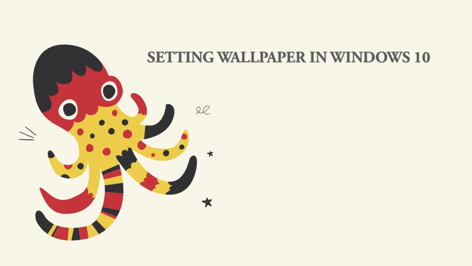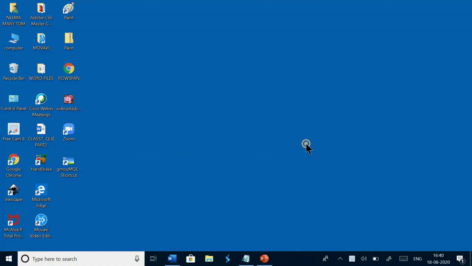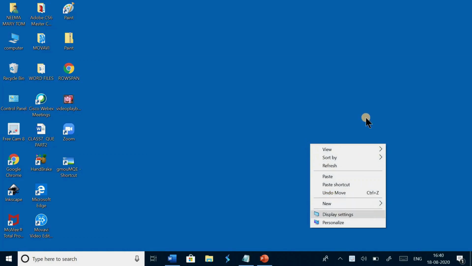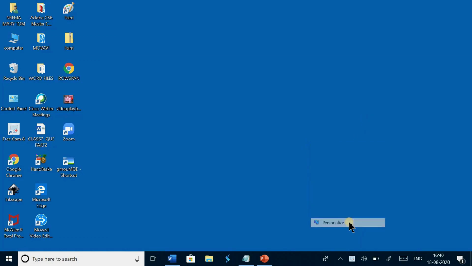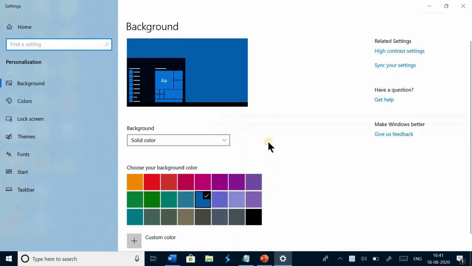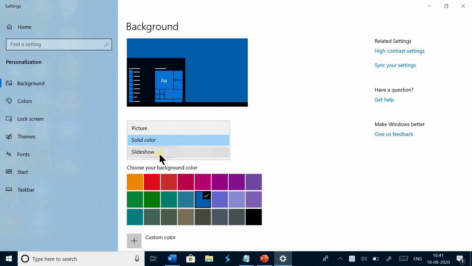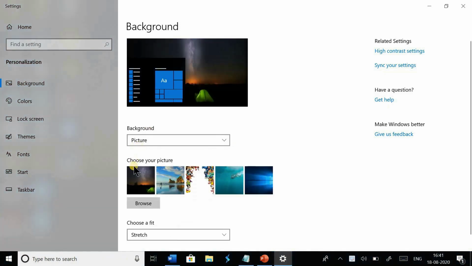Now let's see how to set wallpaper in Windows 10. Right click anywhere in the blank area of the desktop, select the Personalize option, and a new window will appear like this. From here you have to select Background: Solid color, Picture, or Slideshow. Now I am selecting Picture. For Solid color, you will get different colors like this. For Picture, you can select pictures from here, or you can browse.